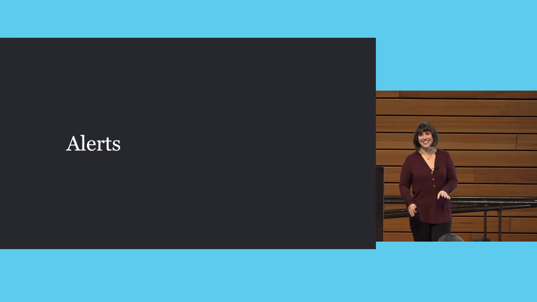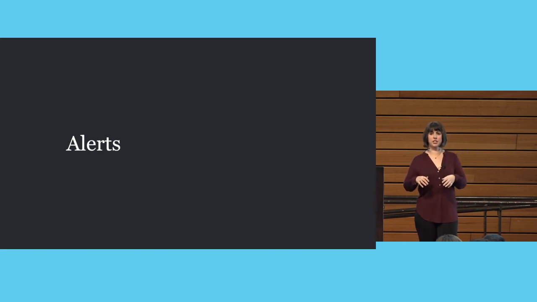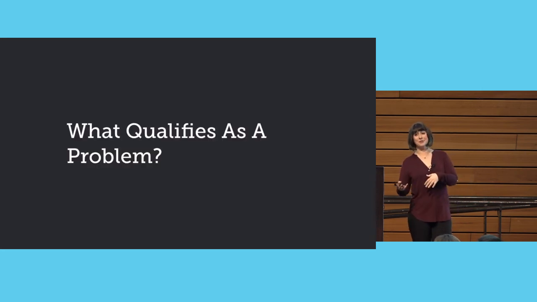So how do you know that there's a problem? Well, most people set up alerts. Alerts are great. I love alerts. Useful alerts are even better. I've seen things where alerts will get propagated, but then auto-scaling will kick in. So by the time you actually look at the alert, it's like, oh no, we're fine, we just created a new instance. I'm like, why did you alert me? You could handle this. So having alerts that are actually problems is really important.